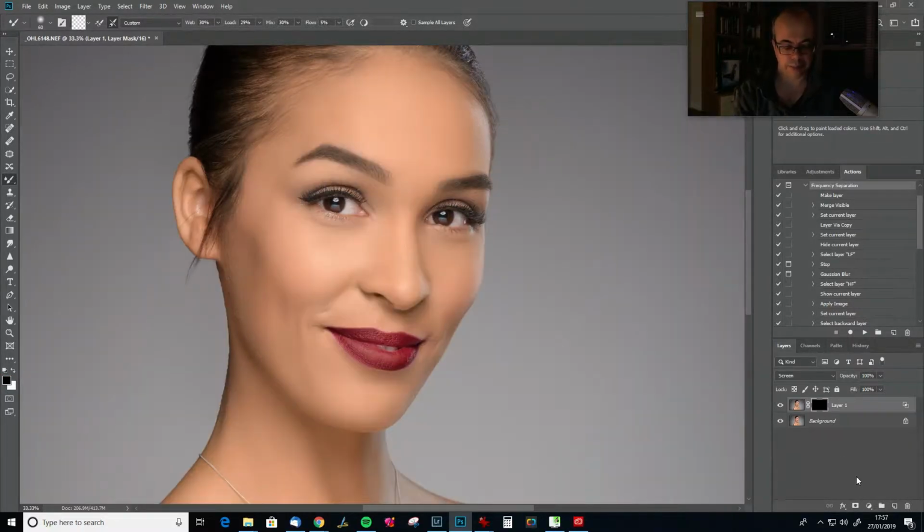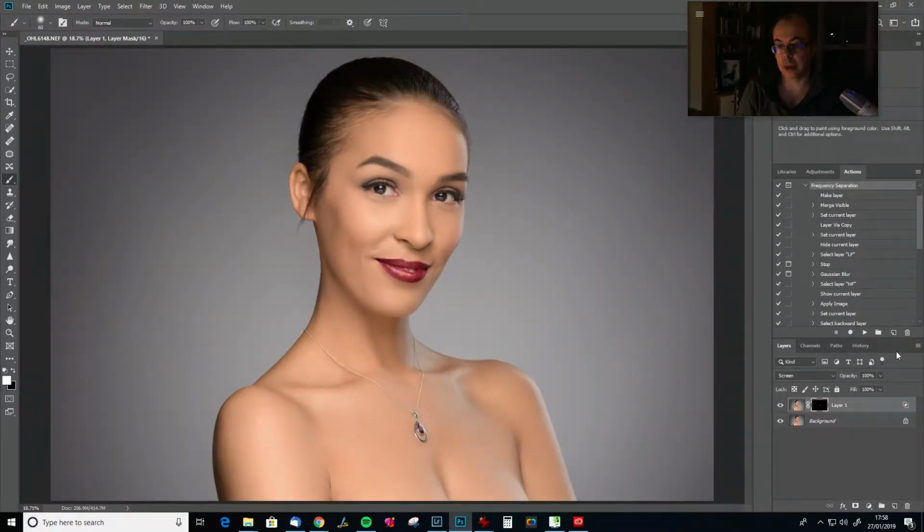so we're going to put a black mask on, get a white brush. Oh, that's the mixer brush, don't want that, the regular brush. Make it soft, 100%. Paint that on there like so, maybe do a little bit of a sheen on the top lip. Take that off the edge there. Okay, but we don't want that much or anywhere near that much, so again we'll knock it back, about 30%. Yeah, there we go. Okay,